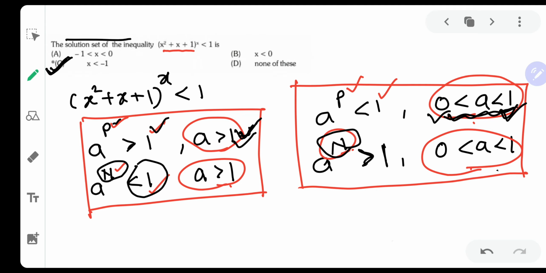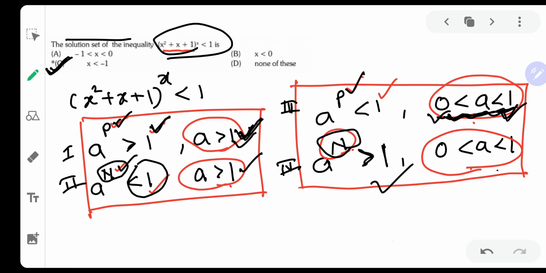So this is a very interesting and very basic inequation problem in which you had to understand these 4 properties. When a number is greater than 1 and provided a positive power, the answer will be greater than 1. A number greater than 1 provided with a negative power, the answer will be lesser than 1. A number that is a fraction between 0 and 1 provided with a positive power, the answer will be lesser than 1. And when provided with a negative power, the answer will definitely be greater than 1. I used the same properties to solve this question.